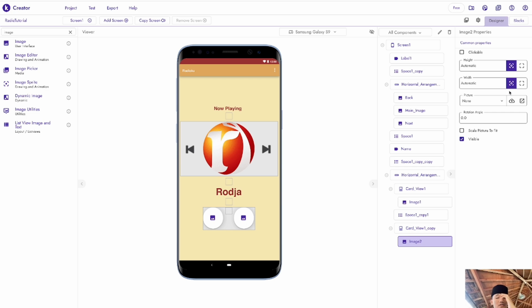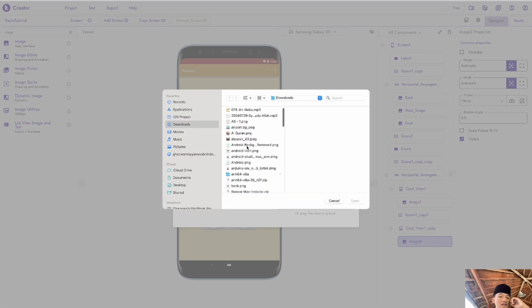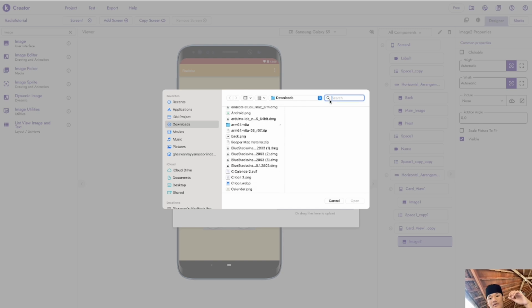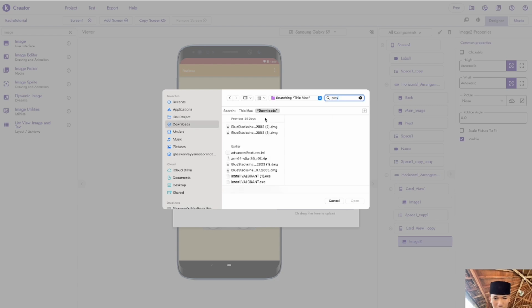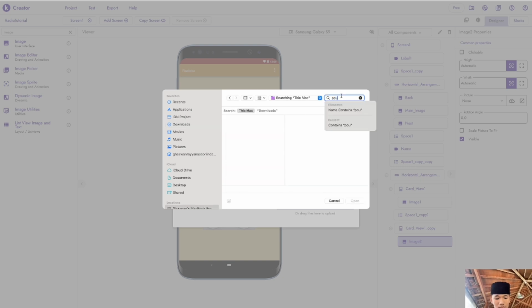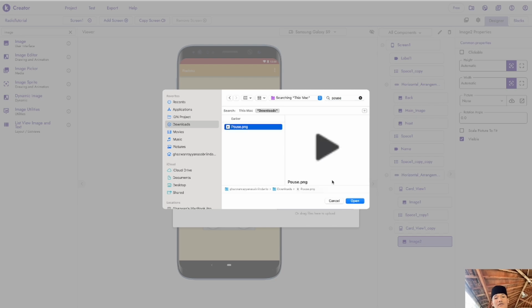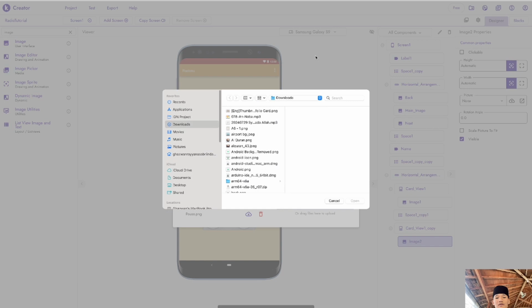Next, we're going to put another asset here. For the other asset, you're going to need a play or pause image. Go to layout, general, and then we're going to put it. Okay, then there's a problem: you need a pause button here. You can look for it on Google.